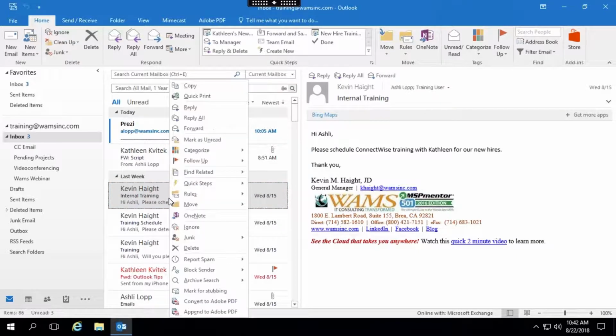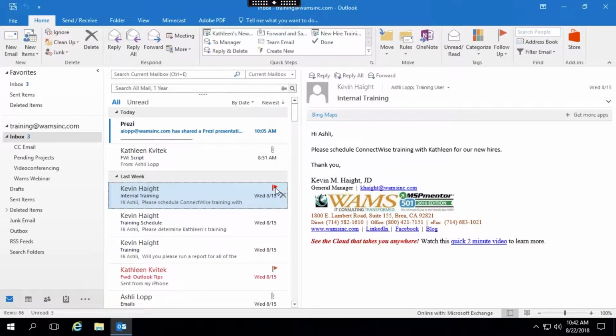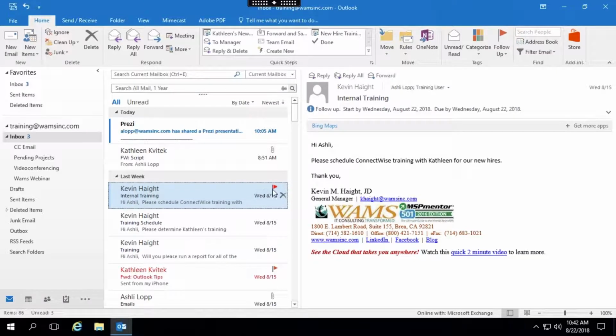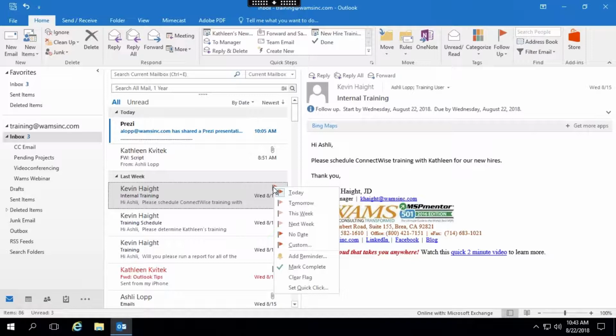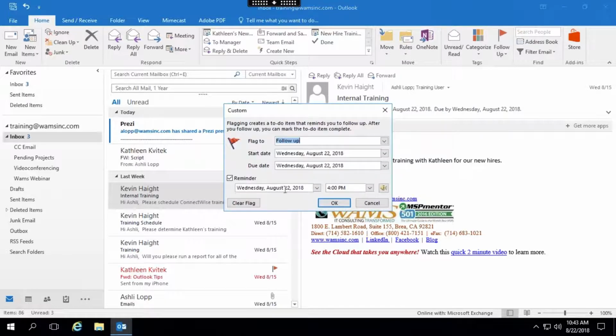So if I were to want to flag this email from Kevin for follow-up, what I can do is right-click on the email and I'll have flag for follow-up options here. I can hover over the flag here and right-click on it, and that gives me the options for flag for follow-up. I can go up top here to the follow-up button, however you want to do this. And then one of these little known features is that you can add a reminder. So when you choose an email in your mailbox and you choose add a reminder, you can then set a date and a time. So if I set a time for, let's say, 11 a.m. today,